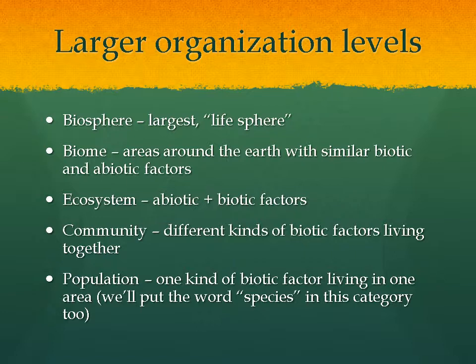Now, scientists can talk about species on a very local level. Species in Washington Township, species in New Jersey, species on the East Coast, species in the U.S., or we can talk about species as far as the entire range that species lives in. So that's why species and population are kind of the same thing. Population is totally determined by what area you're looking at, and you can make that a very narrow area or a very large area.